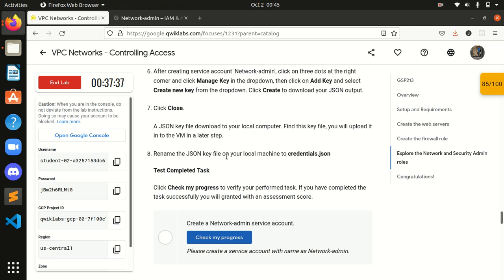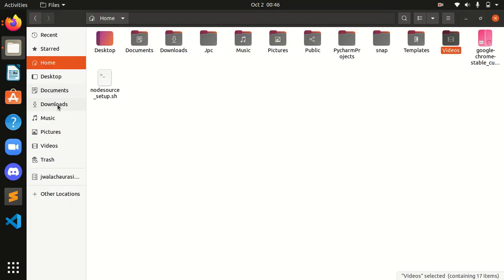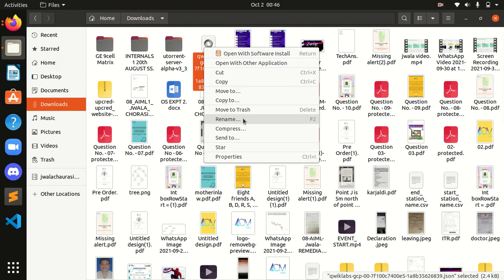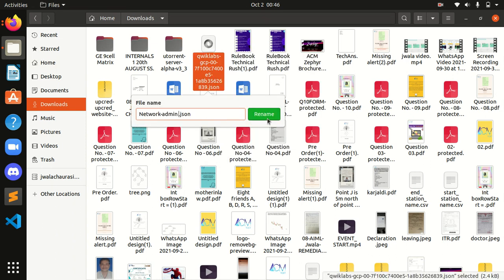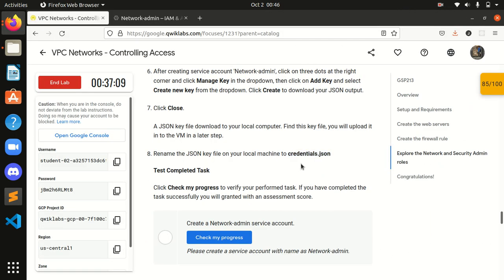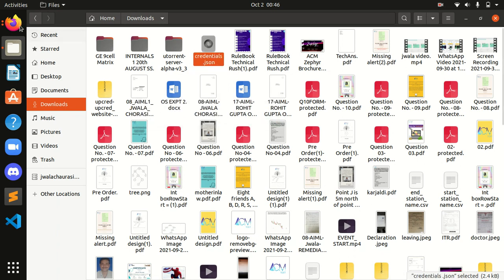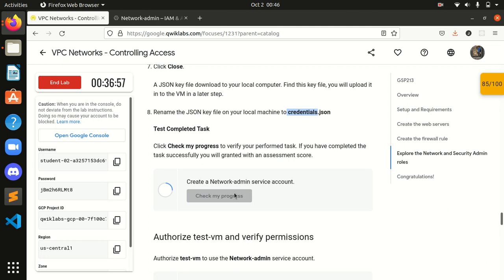Rename the JSON file on your machine to credential.json. I renamed it as credential.json. Now I will check it.